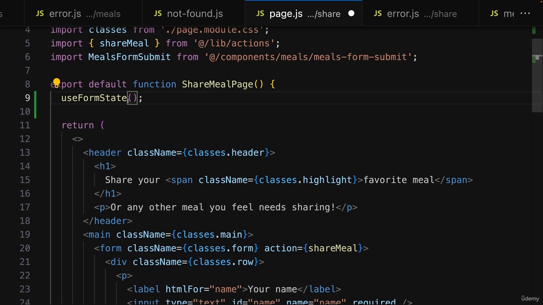Because useFormState needs two arguments, and the first argument is the actual server action that should be triggered when the form is submitted. In this case, shareMeal. The second argument you pass to useFormState is the initial state of this component. And that simply means the initial value that should be returned by useFormState before this action has been triggered and yielded a response. So the initial value that should be used if we haven't received a response from this action